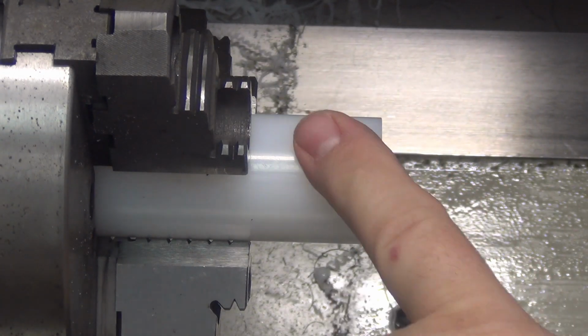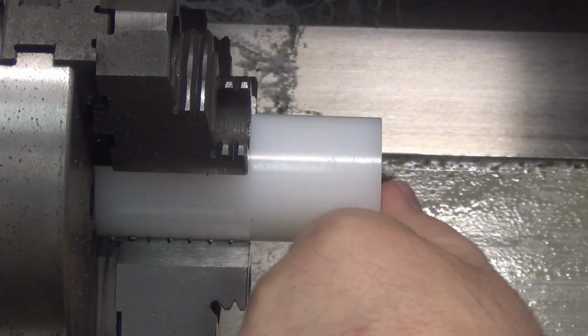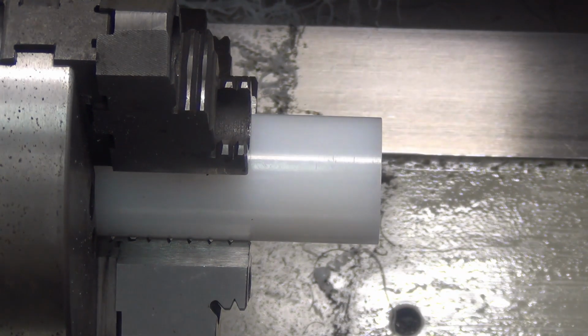Yeah, I'm working on Delrin washers. They go with the urethane upper control arm bushing kits. And I do end up having to do a tool change in here. I just couldn't figure out